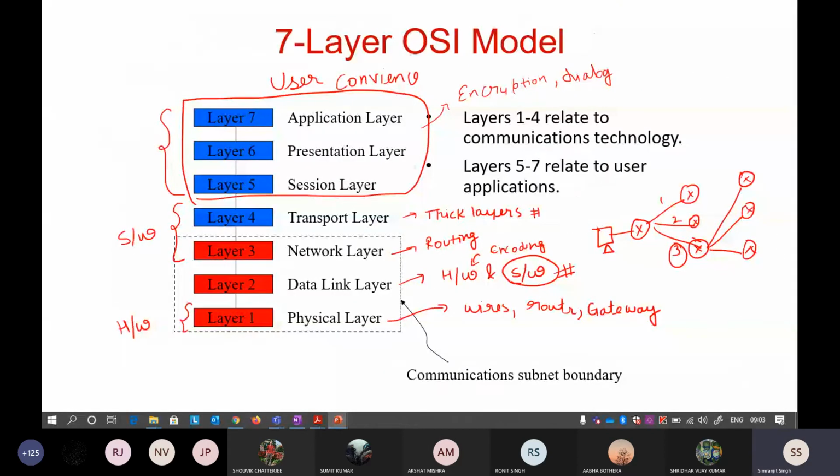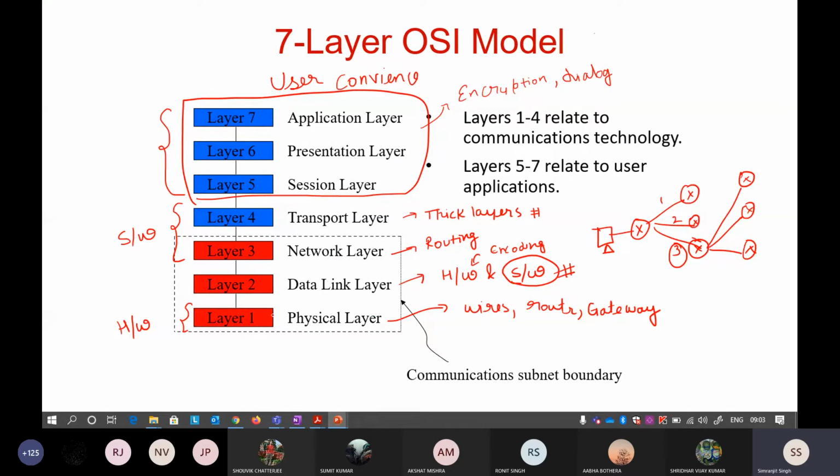Okay, so these are the workings of the layers. There are different parts of the layers. The first is the physical layer, the second is the data link layer, the third is the network layer, and then the transport layer. Don't worry about this, these are just names of the layers. We have to study each and every layer individually, so don't worry about it. You do not have to remember the names, because when we are doing a particular task, I will tell you what exactly this particular part is doing.